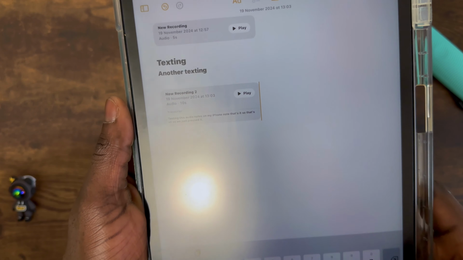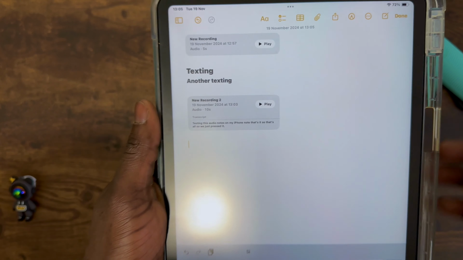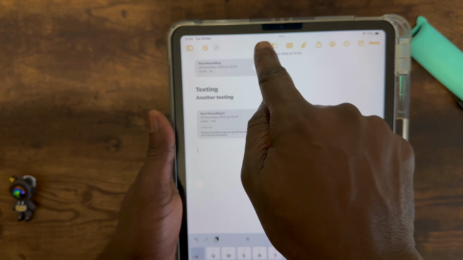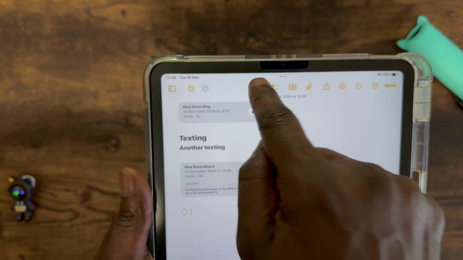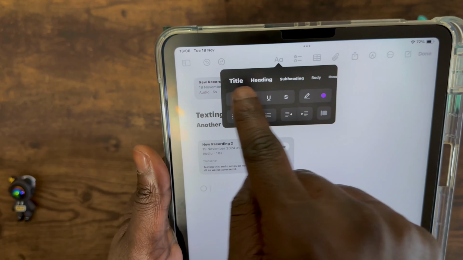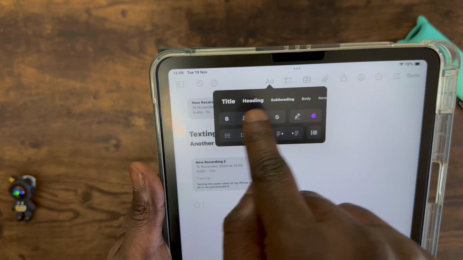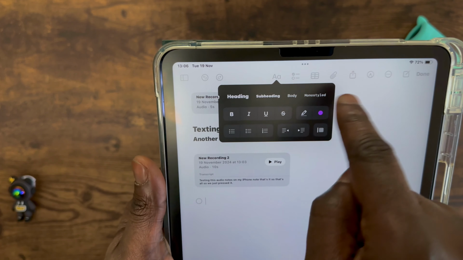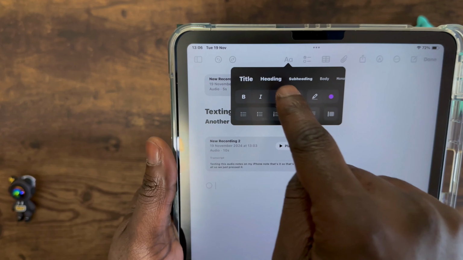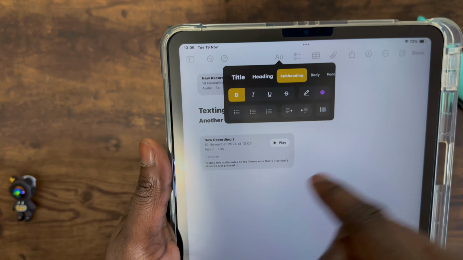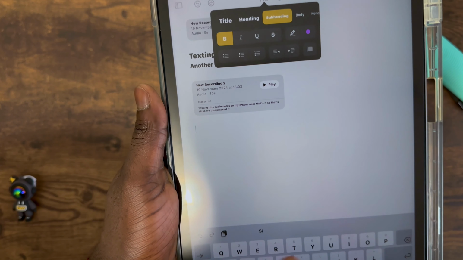So if I go down and add another heading, how can you add another heading? If you go on the AA on here and press on it, it will show you different types of headings. So we have the title, the heading, subheading, the body, and so on. Because we already have a title and a heading, we go subheading, and then wherever you write,